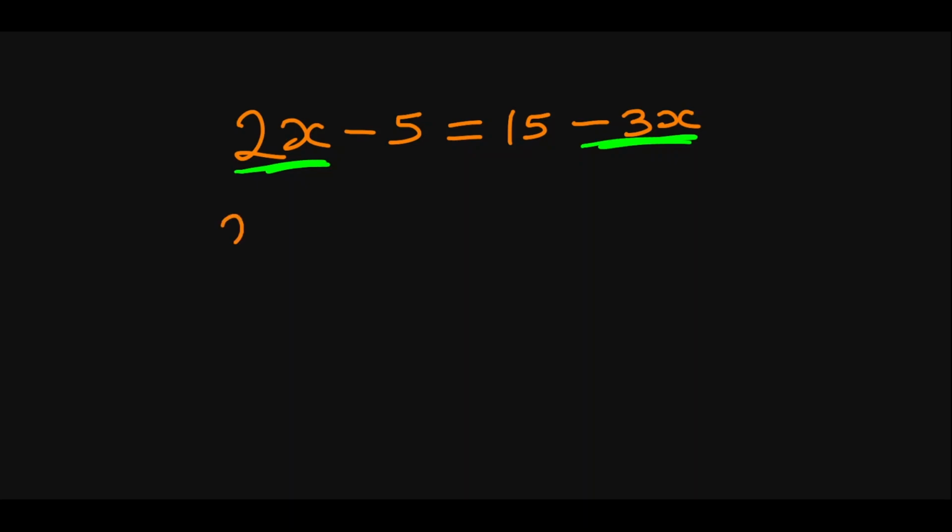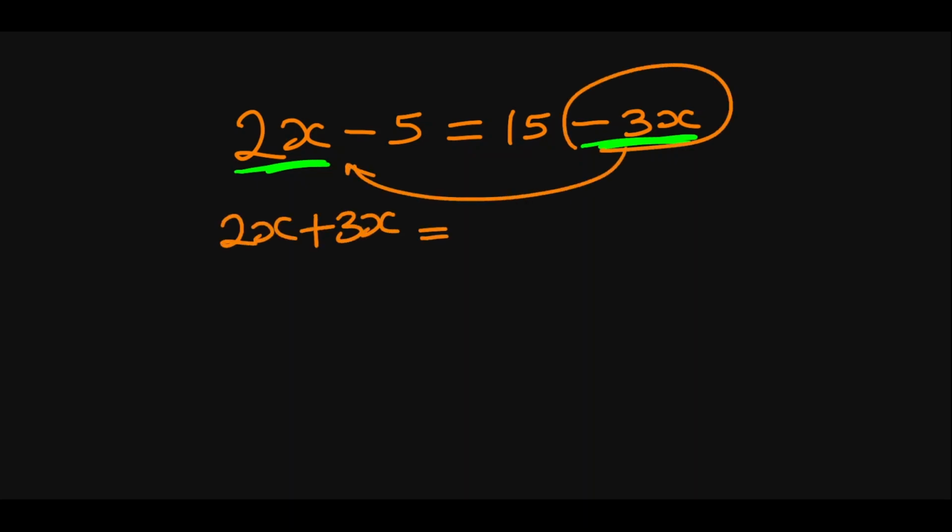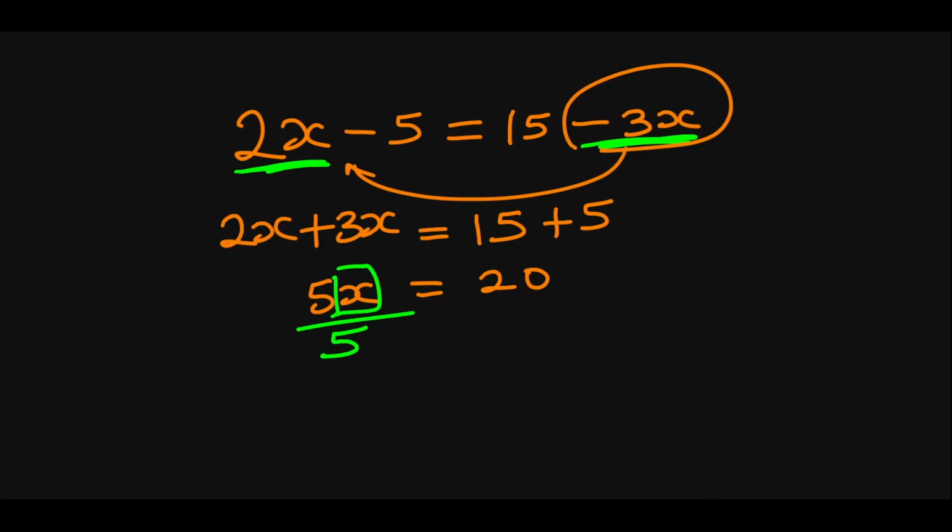So this gives us 2x plus 3x, that is if we move this to this side, is equal to 15 plus 5. So 2x plus 3x is 5x is equal to 15 plus 5 is 20. If we do what we did before, we want to separate 5 and x. So to do that, 5 is multiplying x, so the reasonable thing to do will be to divide by 5. And if we divide by 5 here, we'll also divide by 5 on this side. So 5 will cancel 5, and then 5 here 1, 5 here 4. So x is equal to 4.